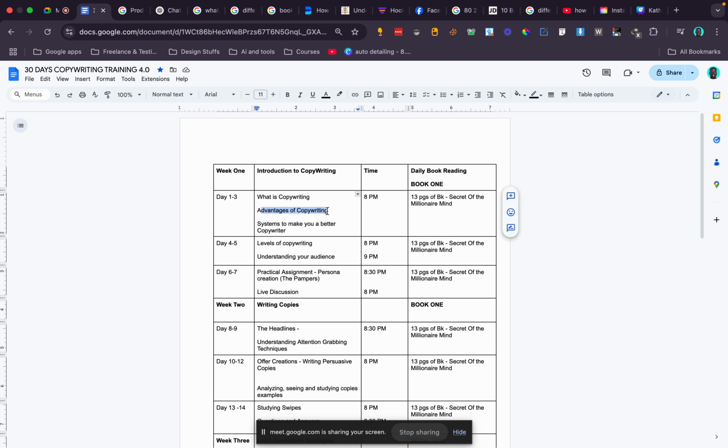Hopefully, we will be able to touch on important aspects of this part. So, levels of copywriting. That's just to say something like level 1, level 2, level 3. It's just like saying the depth or strength of expertise or the level of operation. Are you working as a beginner? Are you working as a single person? So we're going to see what levels of copywriting is all about. And then we're going to talk about understanding your audience.